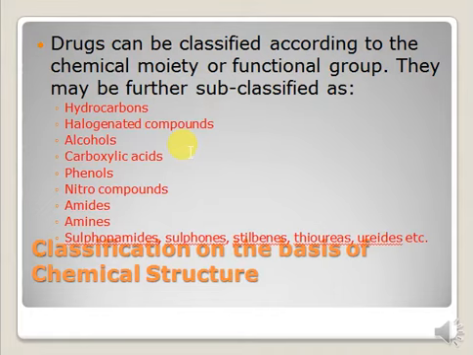Then we saw different types of drugs. We classified the drugs on the basis of their source of origin, as synthetic drugs, semisynthetic drugs, and biosynthetic drugs. Then we saw naturally occurring drugs. Then we classified the drugs on the basis of their site of action. Then we classified the drugs on the basis of the therapeutic use. And now we have classified the drugs on the basis of the functional group that is present in the drug. Right? I hope